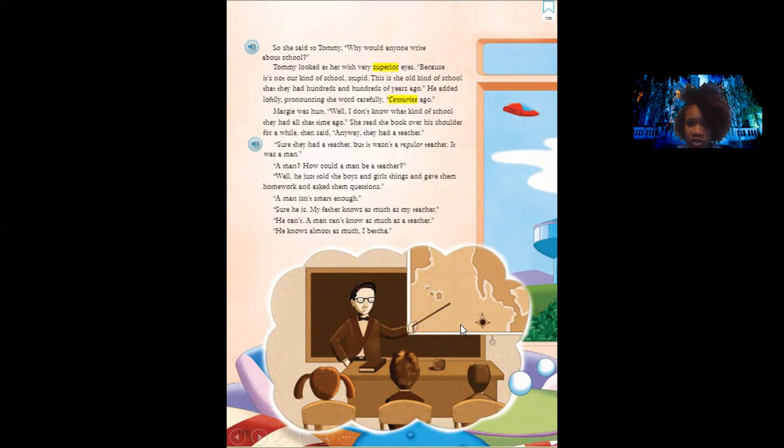If we look at our illustration, we see this male teacher, and he has a book and an apple, and you see his students, and it looks like he's teaching them geography, which makes a lot of sense because the author talks about how they're coming to fix her geography teacher because it's not working right. I think it's really funny that they say a man can't be a teacher, because some of you have had male teachers like Mr. Corin, and you see male educators like Mr. Kane and Mr. D. Wright. So that's really funny.